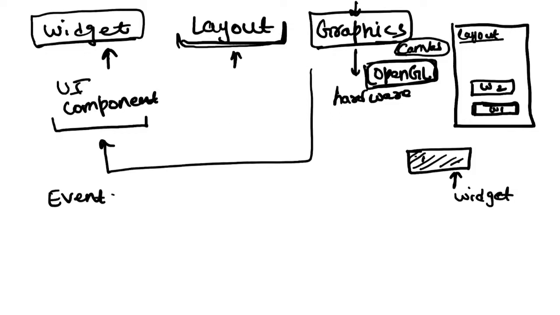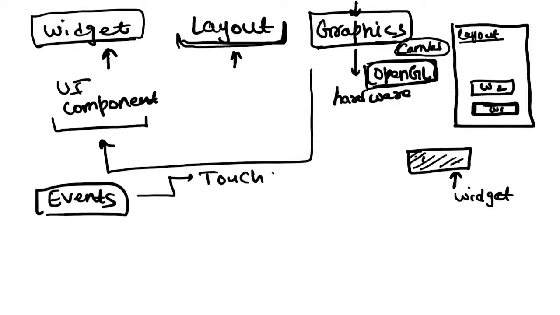So events are something, let's say you click something, you want to take certain action. So events could be touch events or non-touch events. Touch events are something, let's say you are using your mouse on the laptop and you want to take certain action when you move your mouse. You click on your phone, you double tap on your phone.